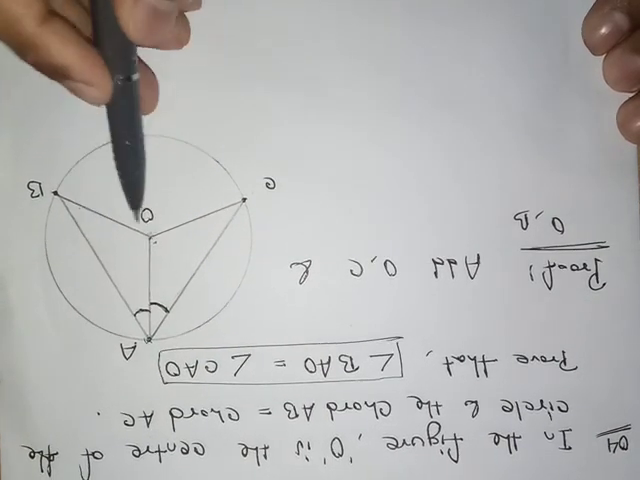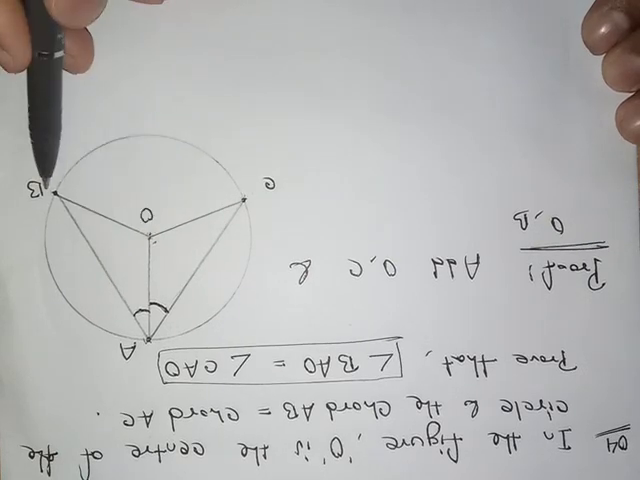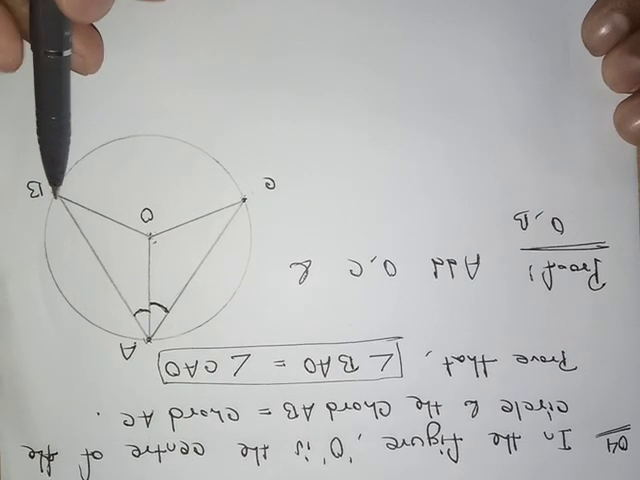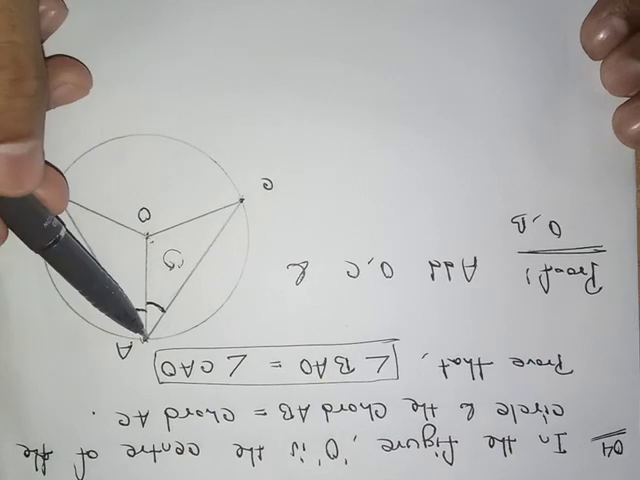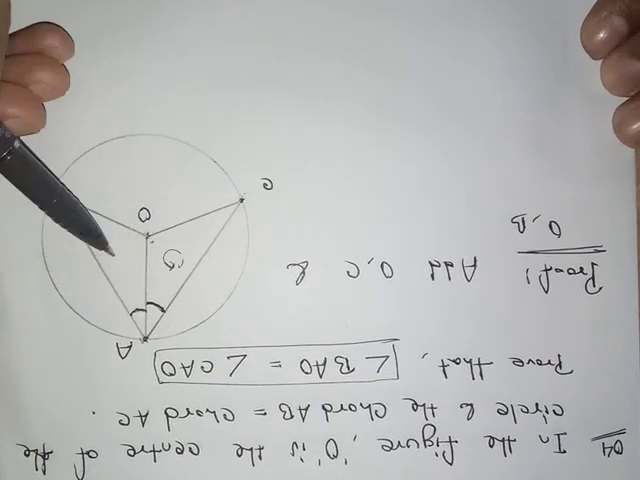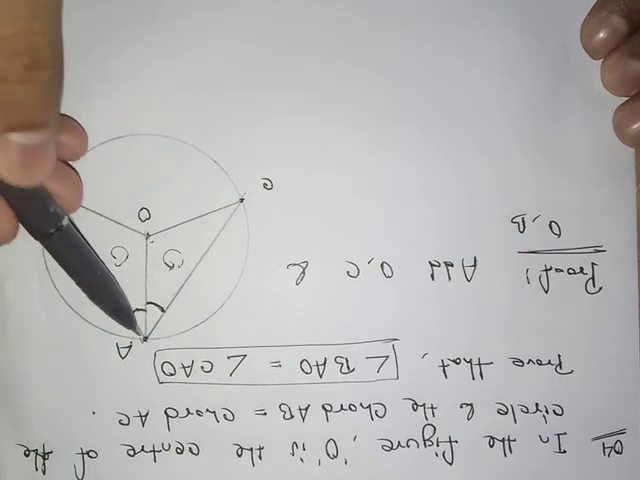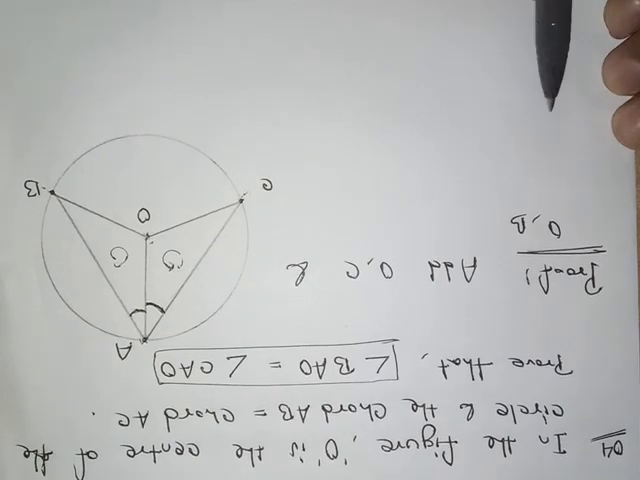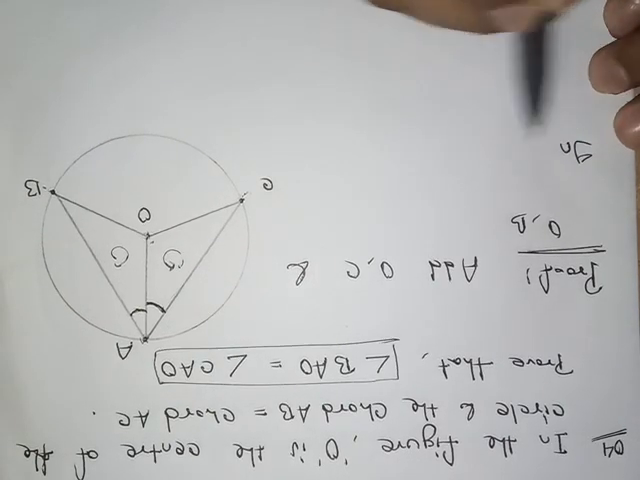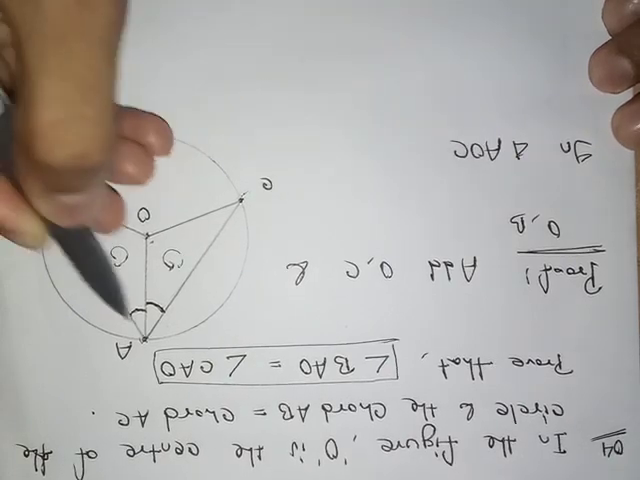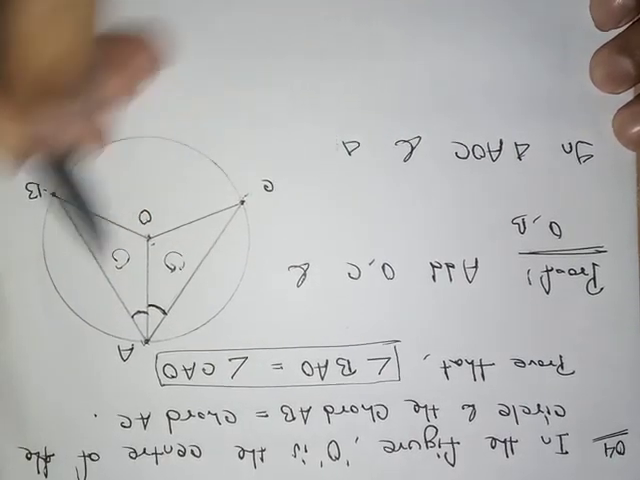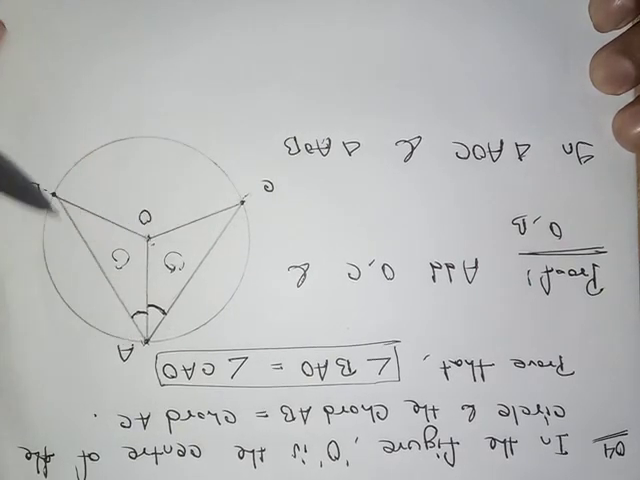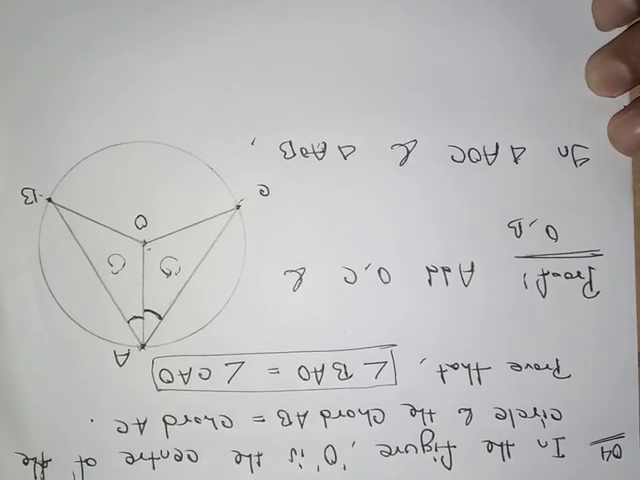So after joining these 2 points O and C and O and B, we have found two triangles. One is this one, triangle AOC, and another triangle AOB. This one and this one. So in triangle AOC and triangle AOB, this triangle and this triangle, we can say